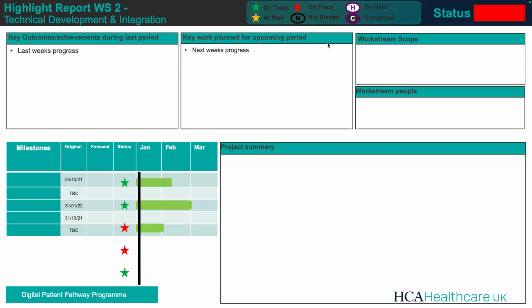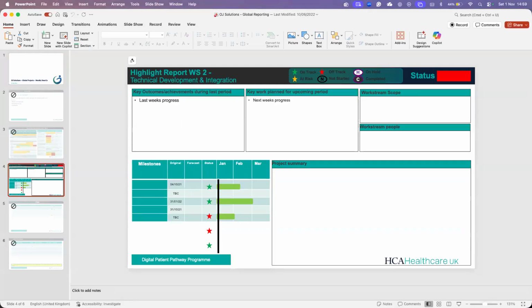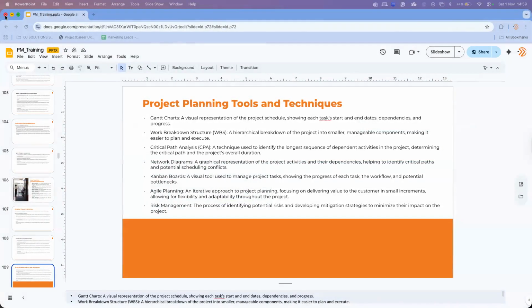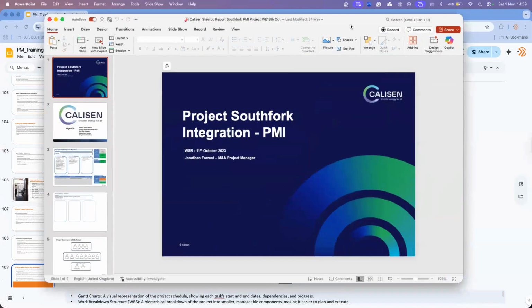Okay, so that's one example. Let me now show you another example briefly. If I can find my mouse. I'll just close this one and then show you another one real quickly. Okay, so this is one from a previous project. Let me bring it across. Okay, so you'll come to see,